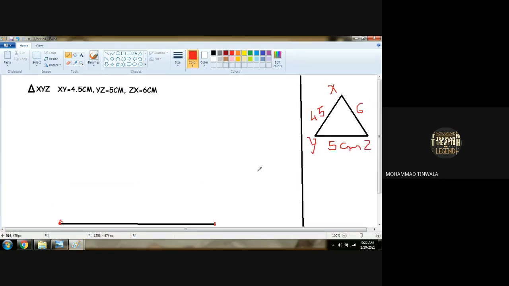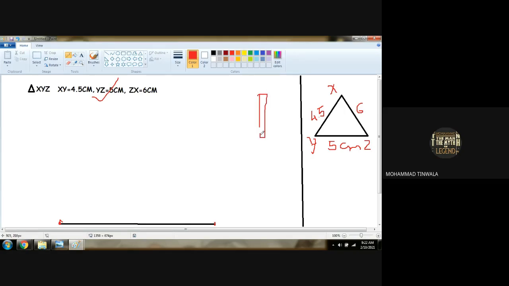Okay, boys? Now what you have to do, this is over. This we have fulfilled. Now XY should be 4.5 centimeter. So we cannot do it like that. We have to open a rounder and pencil. With the help of a scale, you have to measure from 0 centimeter to 4.5 centimeter like this.